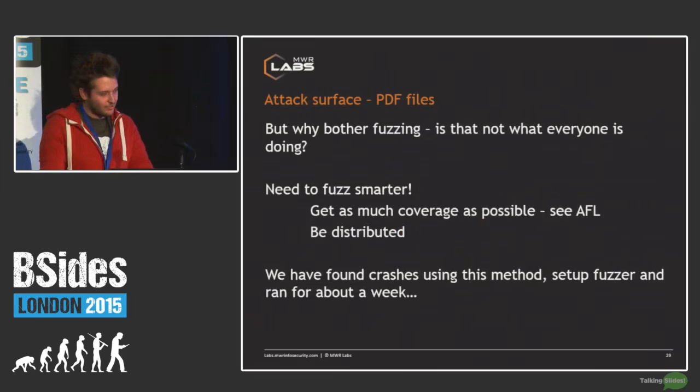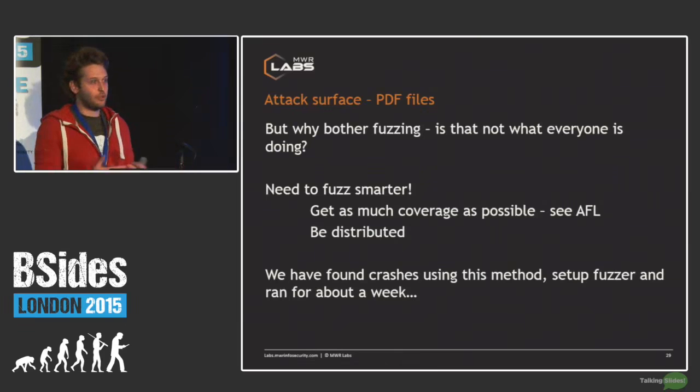Although, why bother fuzzing? Lots and lots of people spend a lot of effort fuzzing Reader. I know Project Zero have a load of bugs on their website where they've just gone out and fuzzed Reader. Adobe do it themselves. The idea is you need to fuzz a lot smarter. Just grabbing a couple of PDFs and throwing them through Reader, you're not going to get great results from it. But if you can exercise lots of different code paths, lots of different code coverage, you might have a better chance of getting bugs. And this is something that some of you probably know, American Fuzzy Lop, which is a really cool fuzzer,